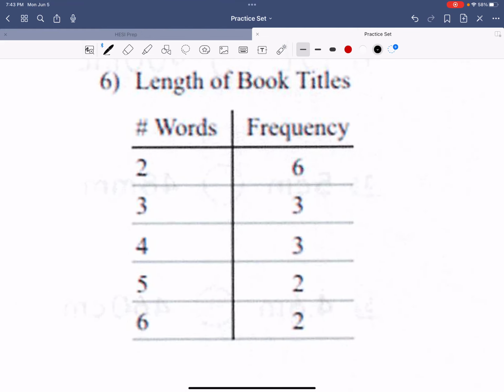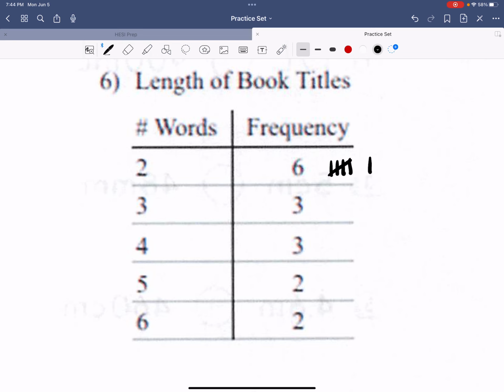Number 6. This one is sort of a modified frequency table. This one is talking about the length of book titles in a survey. So maybe I went into the library and I started pulling books at random out of a bin, recording the number of words in their titles. So another way that you could see a frequency table would be written this way,